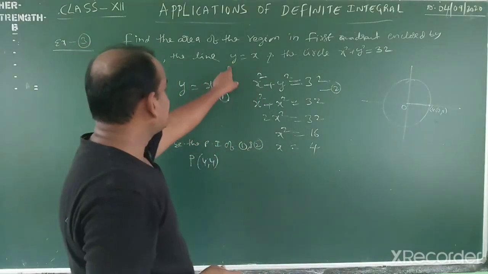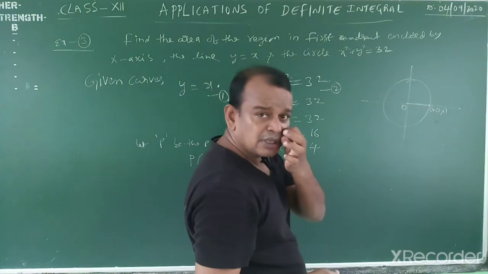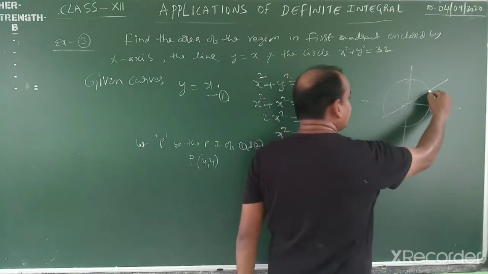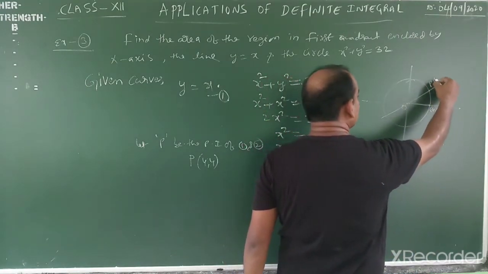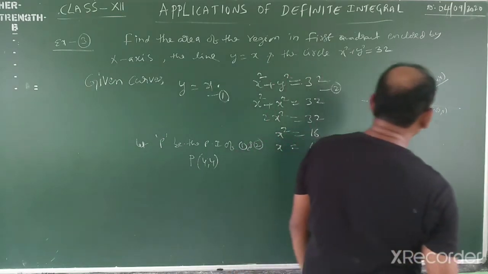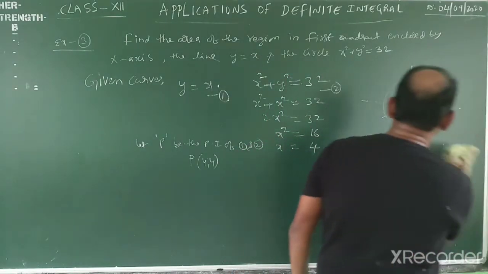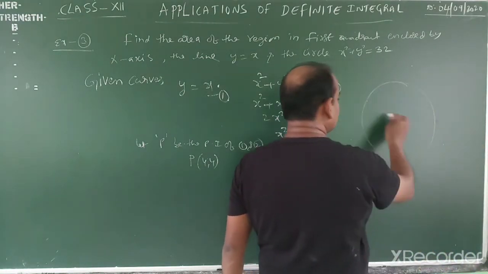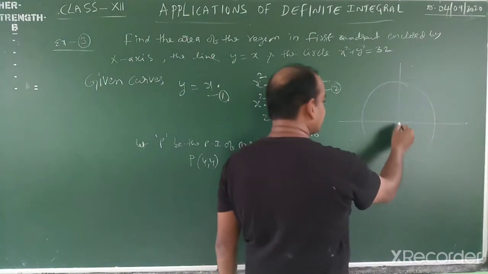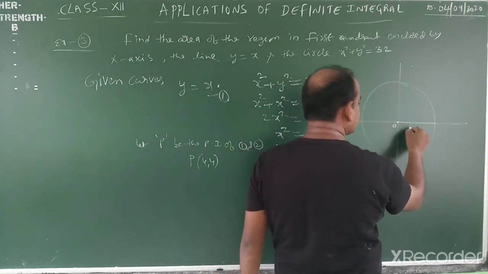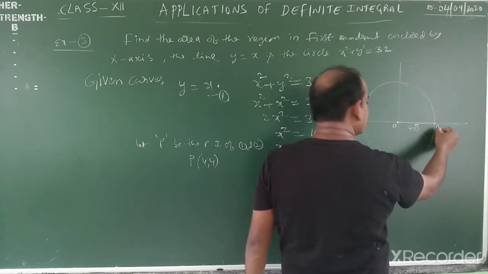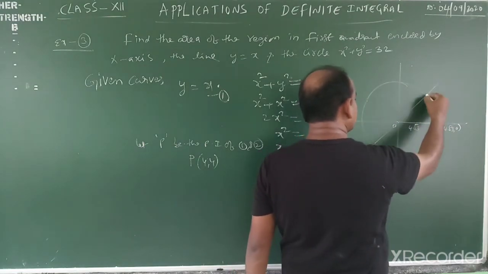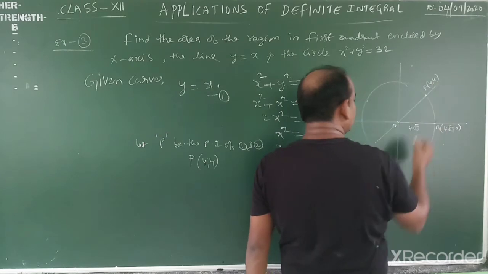No doubt. Now this is y is equal to x. The line y is equal to x always passes through the origin. This is the line y is equal to x. This is the point of intersection where those intersect. This is (4, 4). Okay, I will draw the diagram very neatly, very big. Okay, clearly this is the radius, 4 root 2. This point is A, called (4 root 2, 0). Now the line passes through here in this way. This point is 100% (4, 4). Now what is the meaning of that one?